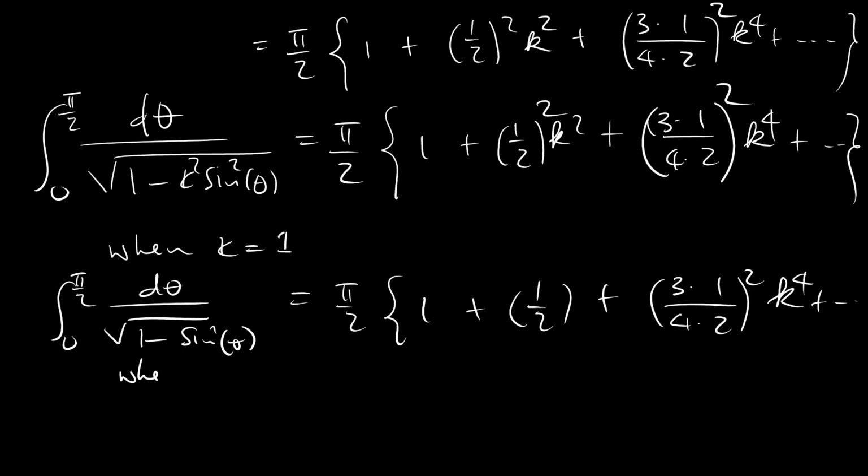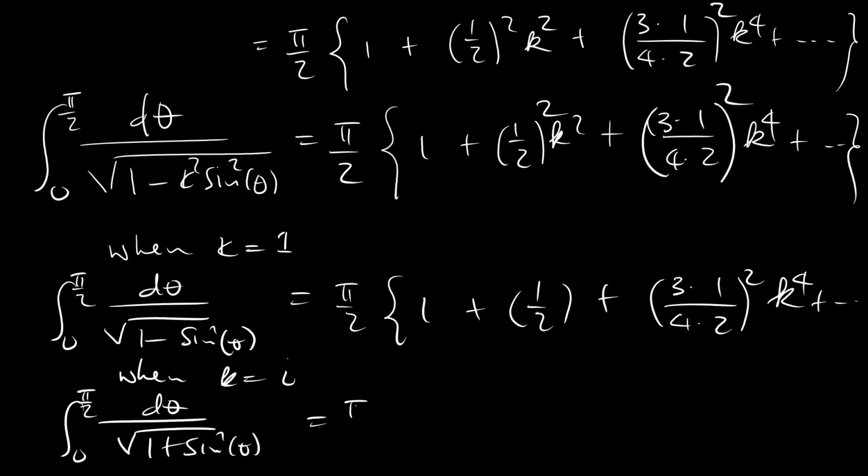And when k equals i, we get the integral from 0 to pi over 2 of 1 over the square root of 1 plus sine squared theta equals pi over 2,